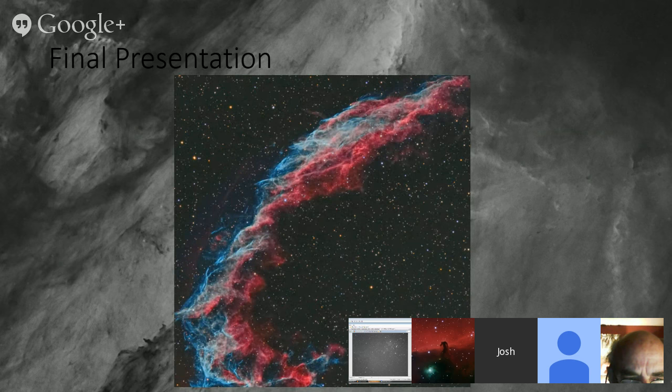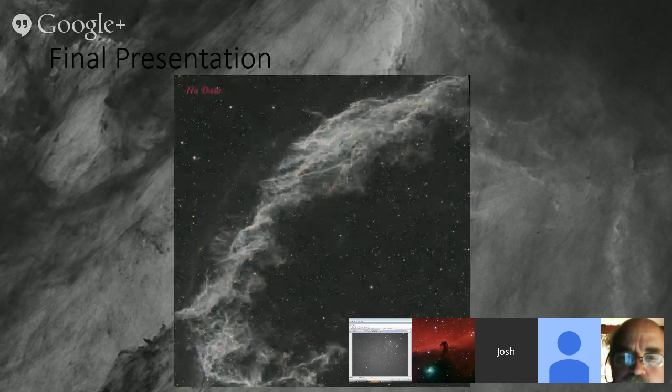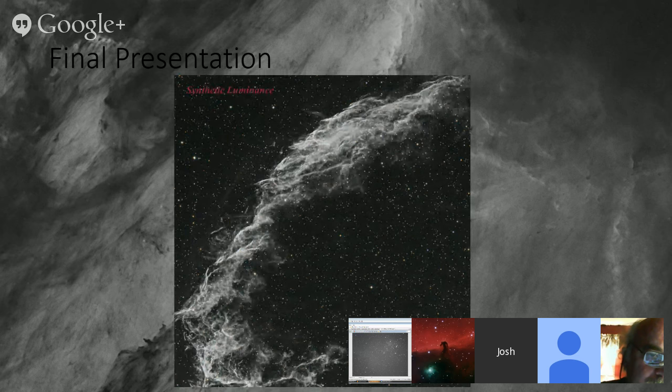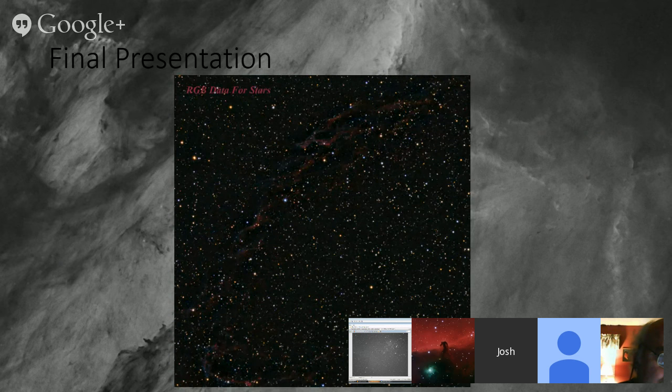So it's always helpful, and I think that I took my cue on this from Bill Snyder, who is actually from Pennsylvania as well, and he has just an awesome website. But every single image that he has, he presents not only his final RGB channels or whatever narrowband he's using, but he also shows what a single sub looks like stretched out,